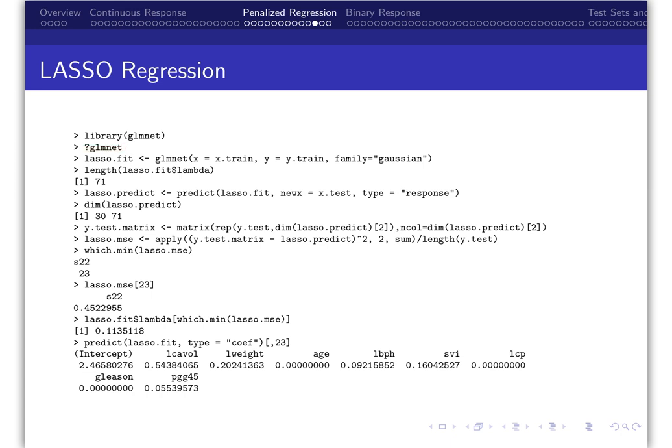In this example, the glmnet function is used where the predictors x are in x train, the response y is in y train. We are fitting a LASSO penalized linear regression model, so the family is Gaussian. There were 71 different lambda values generated, and thus 71 LASSO models fit. We predict the response for each value of lambda using our X-test object, which results in a matrix with subjects in rows and lambdas in columns.